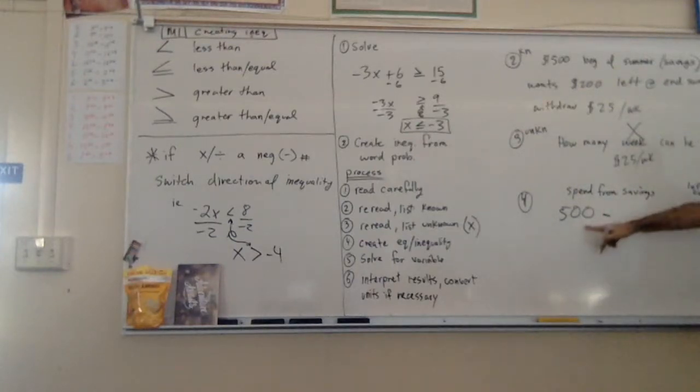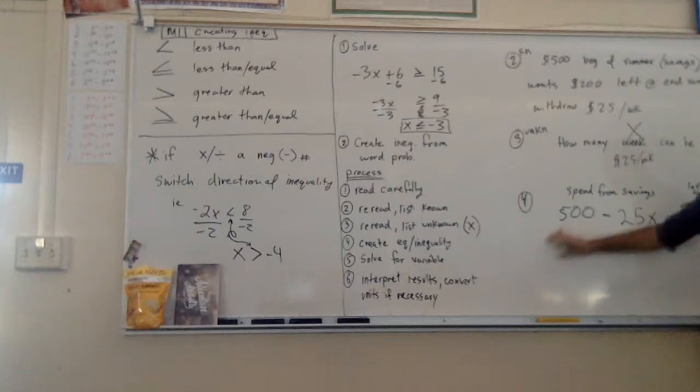So $500 in the bank, we minus $25 per week. And now all this that we're taking money out. Now I want you to think about this for a second. If I have $500 and I'm subtracting from it, and I want to end up with 200 left over, we need this amount of how much we spent to be less than